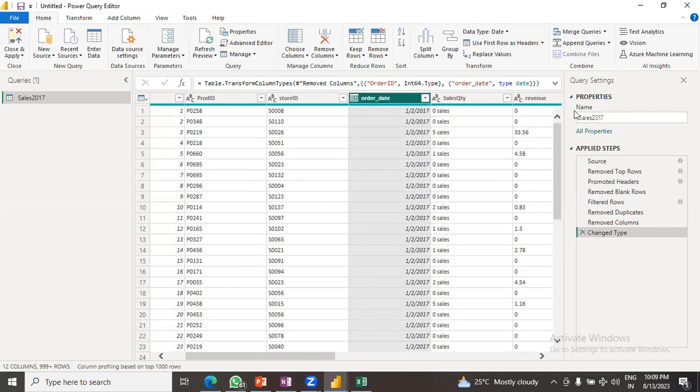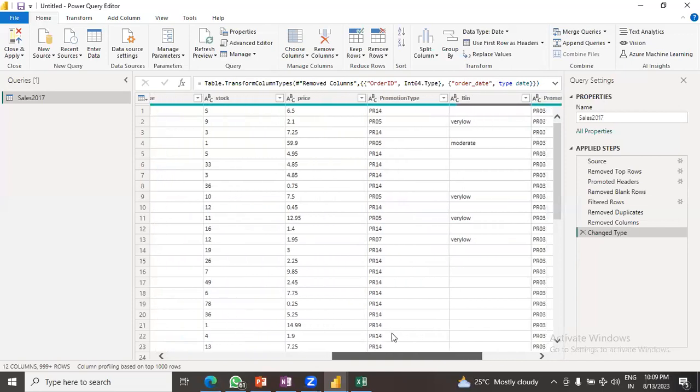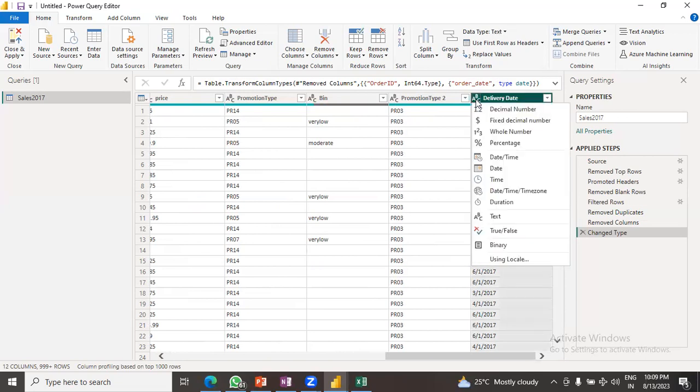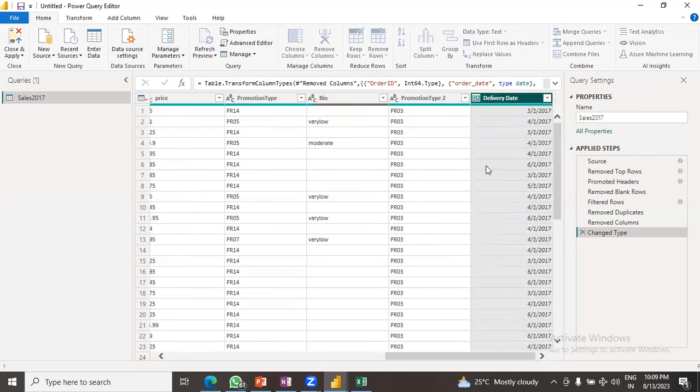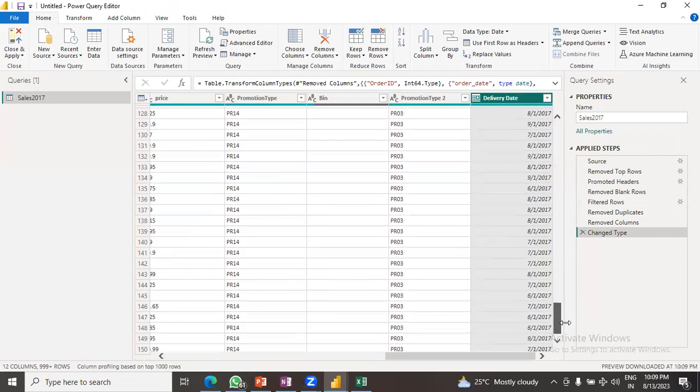Now, the next thing I'll do is move on to one more date column, which is called delivery date. I'll try to do the same here. But if I have a clear look at this,